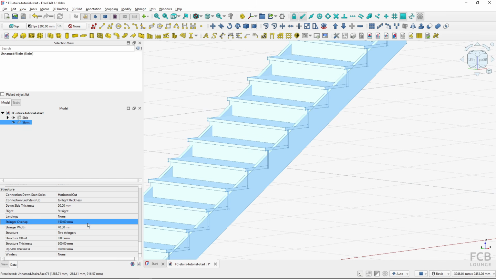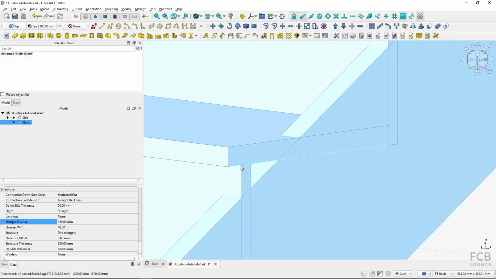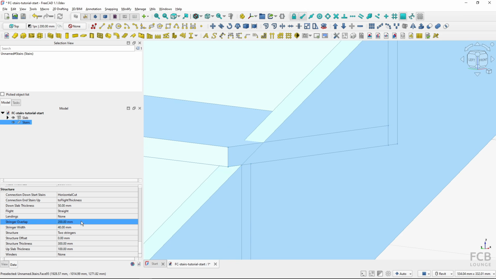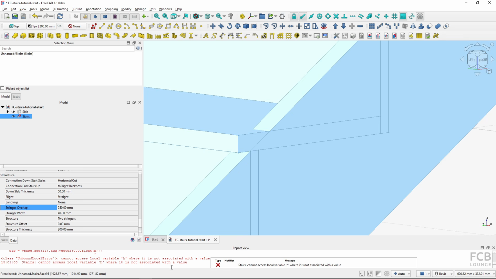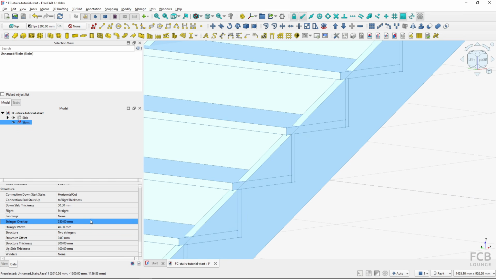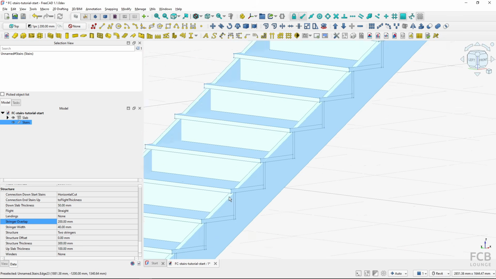There's a bug, I think. If I set the stringer so it's moving above this point, so in my case it will be maybe 170, it is still okay. If I change it to 200, well, this is still okay. If I change it to 250, I get an error. I think this is a bug and it should be solved, but it's still there in FreeCAD 1.1. So this is the limitation of the stringers. So I will change it to 200. I will move it like so,